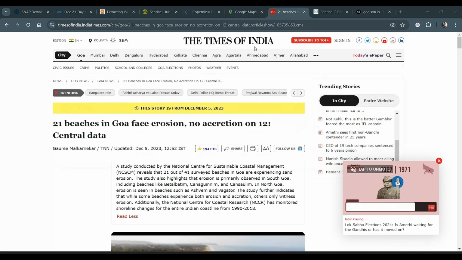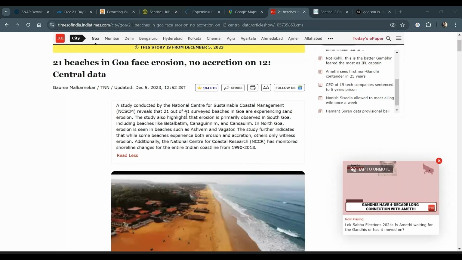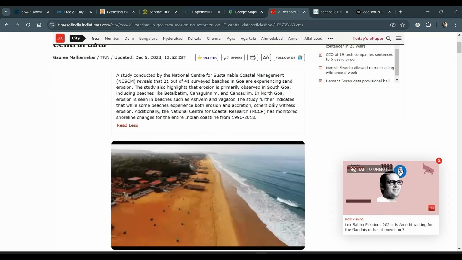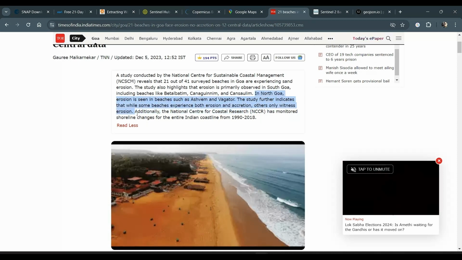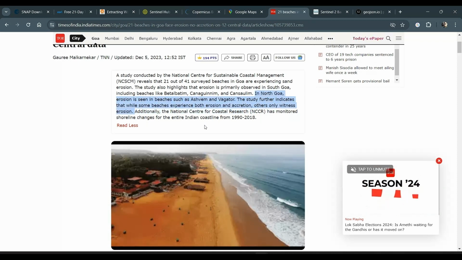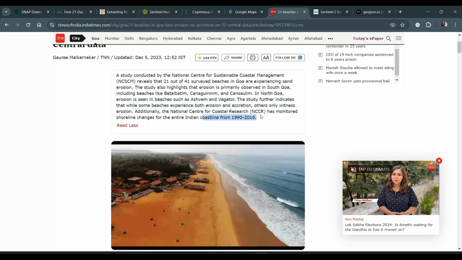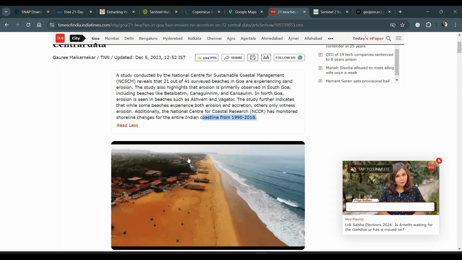In this article published by the Times of India in December 2023, it states that the National Center for Sustainable Coastal Management found 21 out of 41 surveyed beaches in Goa to be experiencing primarily sand erosion, but in some beaches even accretion as well. So these are prime candidates to study shoreline movements, which is what we are about to do. While the study was conducted for a period between 1990 to 2018, we will be focusing on